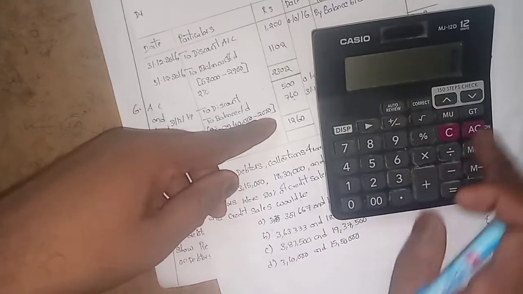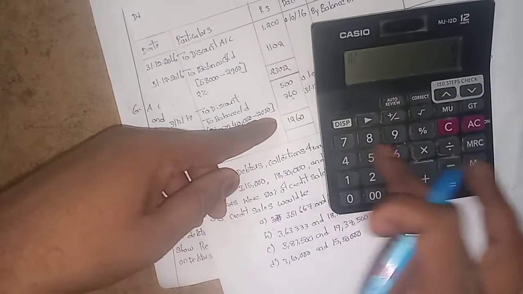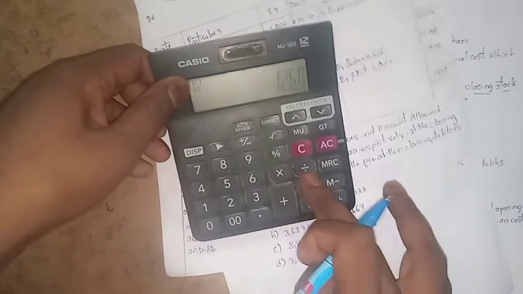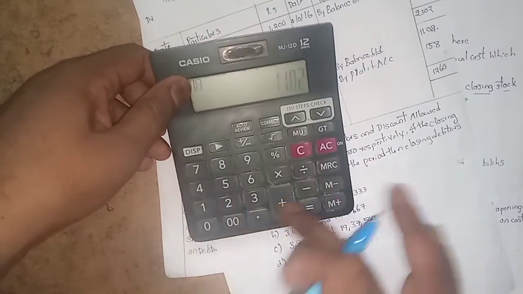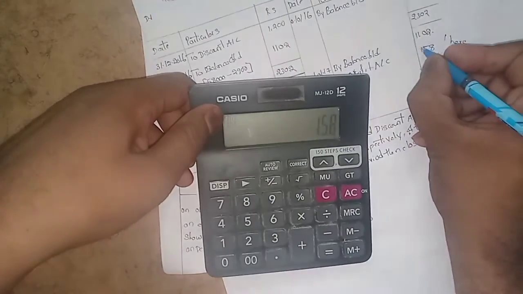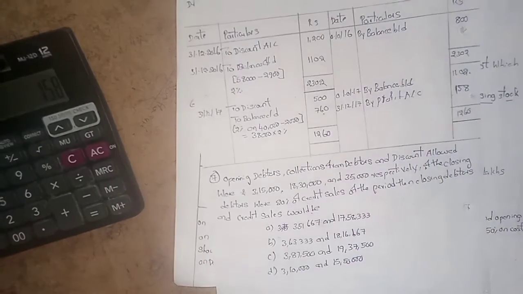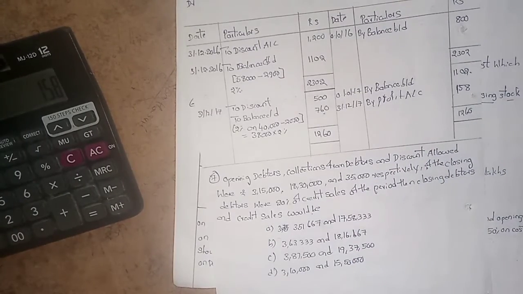1,500 plus 760, that is equal to 1,260 total balance. So minus balance carried on 102, that is equal to 158. So 158 is the amount to transfer to the profit and loss account. So 158 is the profit and loss account. So this is it, hopefully you understand.